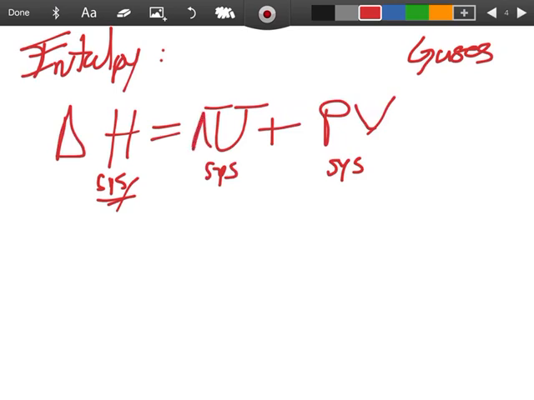I can also have changes in the internal energy, and for the most part I know that I'm going to have to apply changes to either pressure or volume. And in this case, I'm going to choose to apply changes on the volume. Why? Well, you will see in a moment. So let's talk about PV and make a dimensional analysis for this.